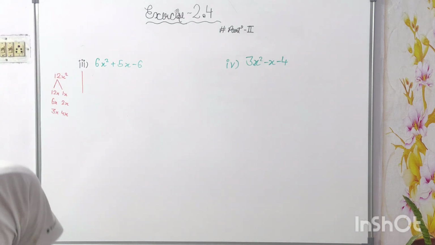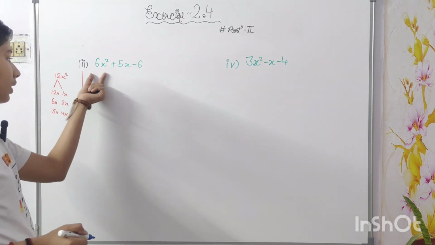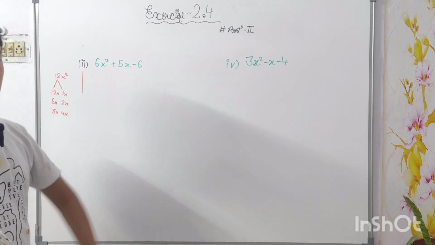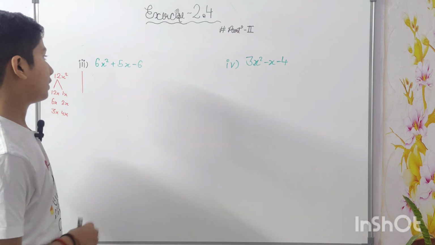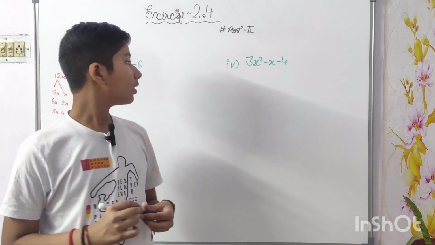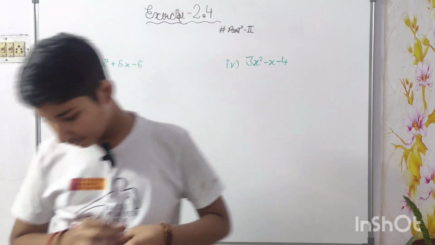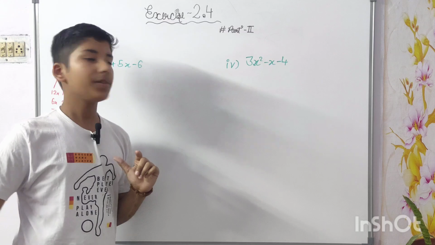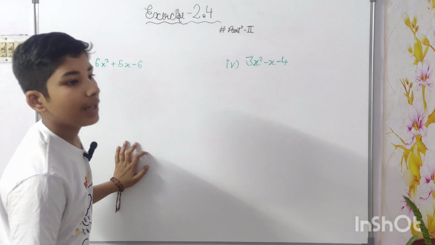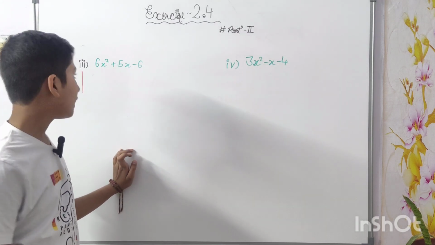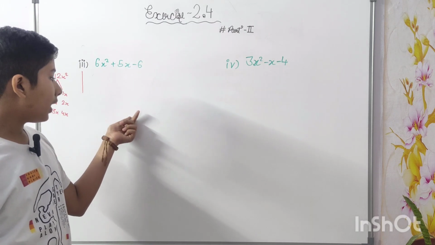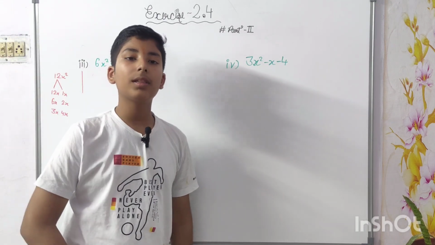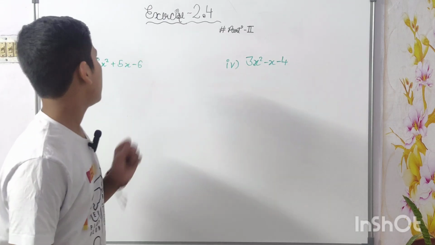Okay. Now I'll solve them. 6x square plus 5x minus 6. So if you see it, 6x square into 6 is 36 x square. So what can be done to get 5x? If you see, there is no option to do so. So what will we do? We just see 12 2 the 24 and 12 3 the 36. But 12 is positive and 3 is negative. So 12 minus 3 is 9. But 9 is not equal to 5.